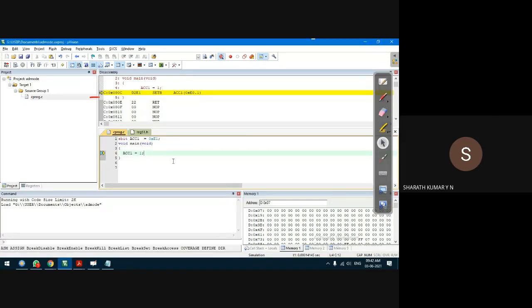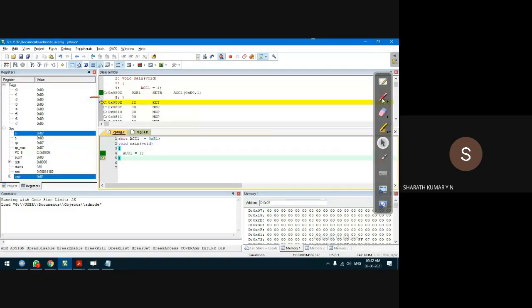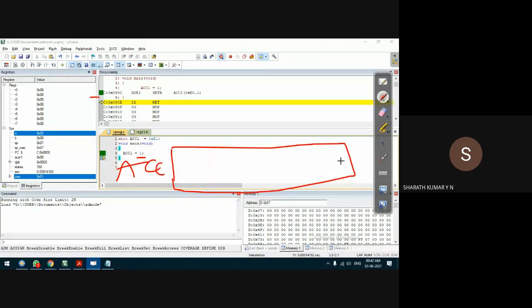Debug, start session, to convert C code into equivalent assembly code, and ultimately into equivalent operational code or hex code. Press F11 on my keyboard. It is pointing to that instruction. When I press F11, I need to look into these registers. We can see that data 1 is copied into the second bit of accumulator. This is the accumulator in special function register. This is the LSB bit. The LSB bit address is E0, and LSB plus 1 bit is E1.